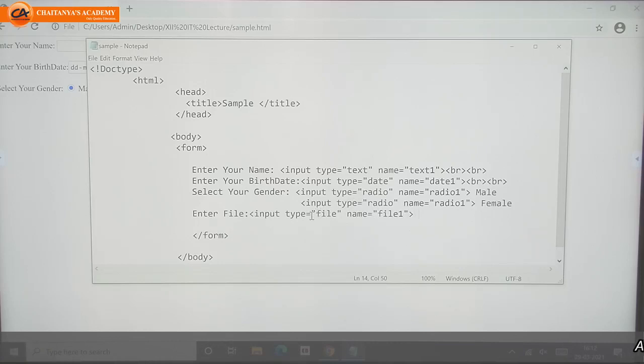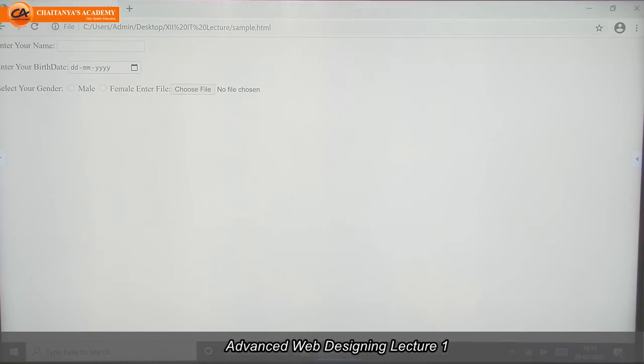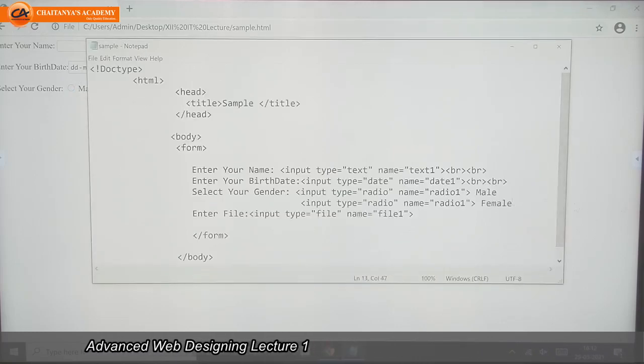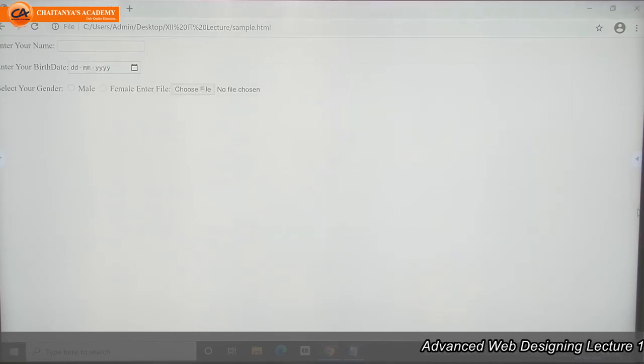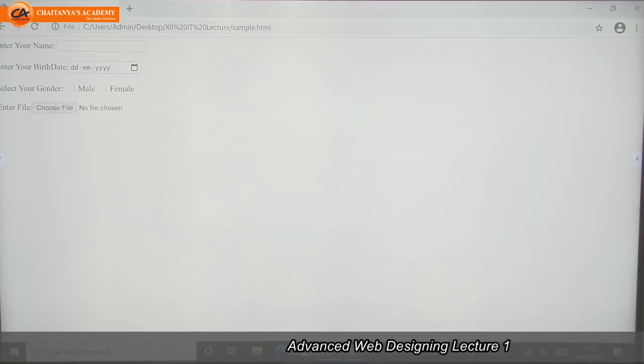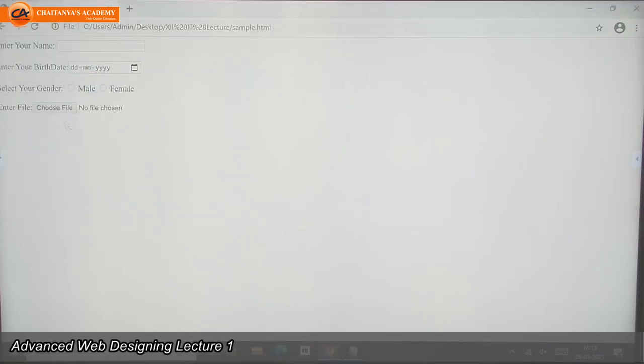If we write this, we refresh the browser and see enter file. We forgot to write the br tag here, so we will write the br tag for a line break. We should know which tag to use. Enter file. If we click on that, choose file.